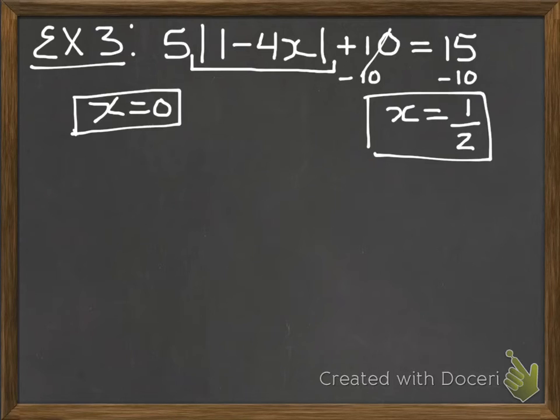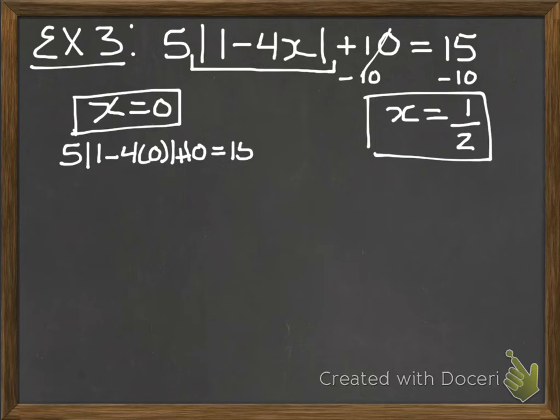Before we move on, remember it's important to double check your work. So our two solutions were either x equals 0 or x equals 1/2. So plugging that into our original equation, let's see, if x equals 0, then we'd have 5 times the absolute value of 1 minus 4 times 0 plus 10